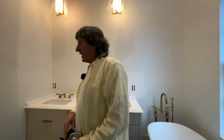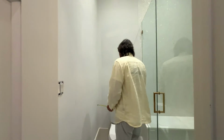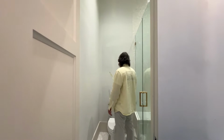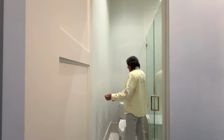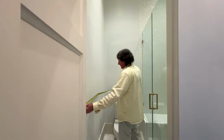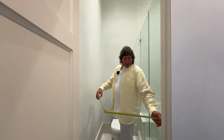This bathroom has a vanity area, tub area, beautiful, and then there's what they call a water closet, which is where the toilet and shower is. So in here, it looks like to me I would like to get some straight drops hung. Instead of starting here, I think I've decided to go ahead and start here at 27 inches. There's one drop, there's two, and then I come around here, that'll be three, and then there's about a 16-inch